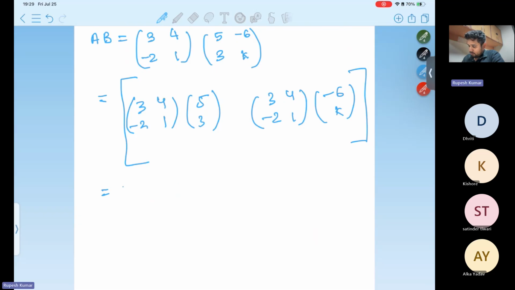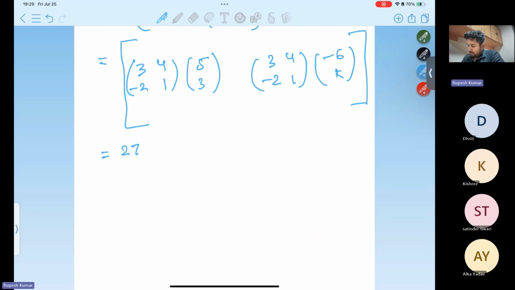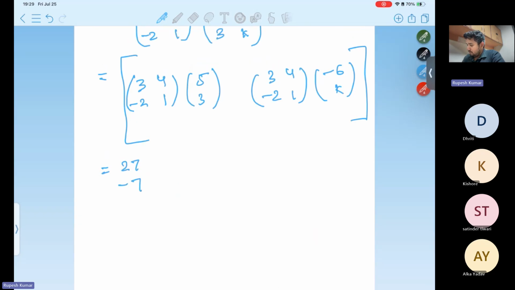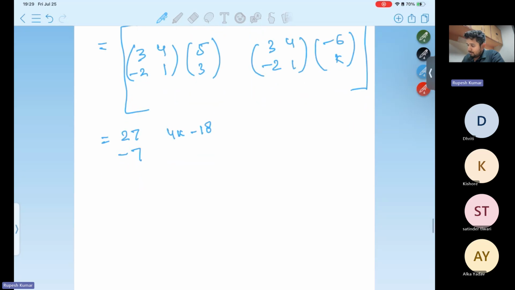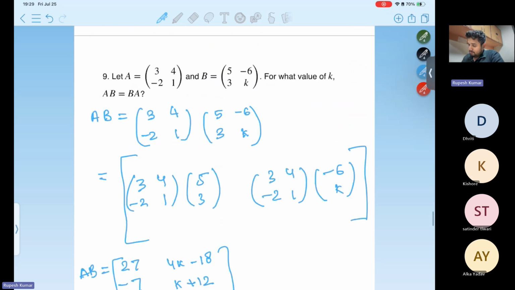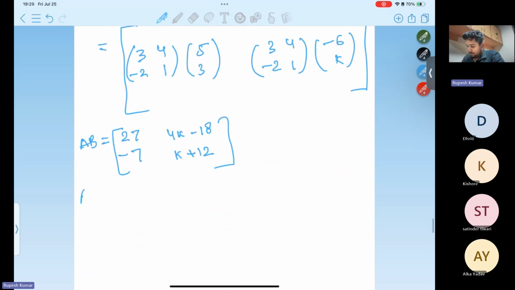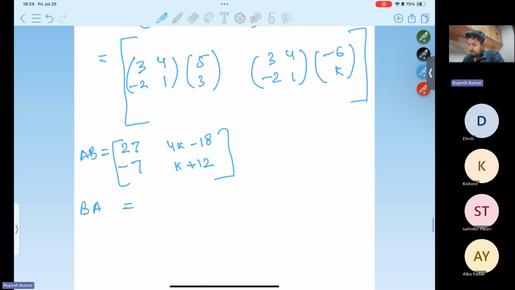10 plus 4, 3, 12, 27, right? Minus 10 and 3 minus 7. Then again minus 18 plus, so 4K minus 18. And then 6 to 12 plus K plus 12, right? So this is the product. This is AB. Fine. The second thing that we want to compare with is BA. So you can always write BA as